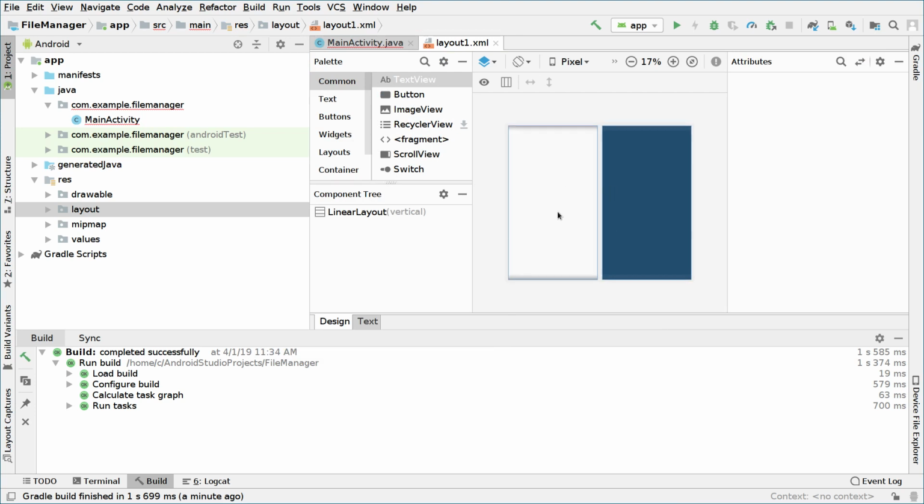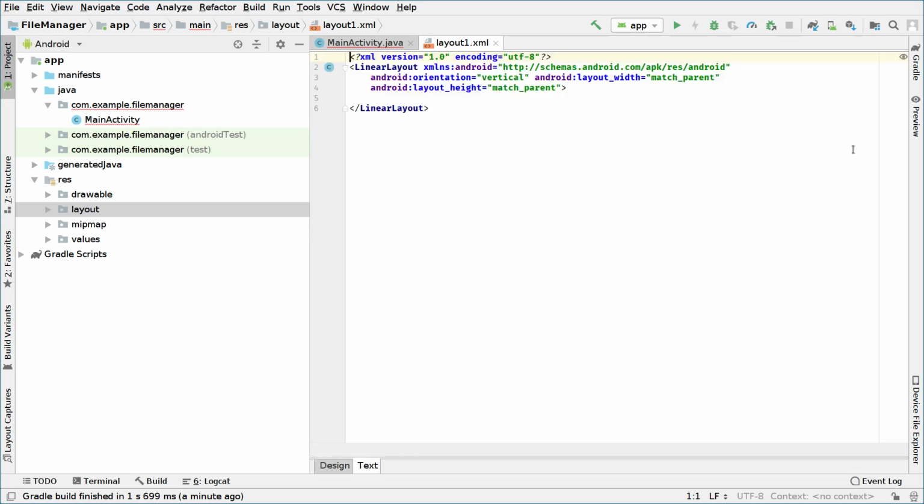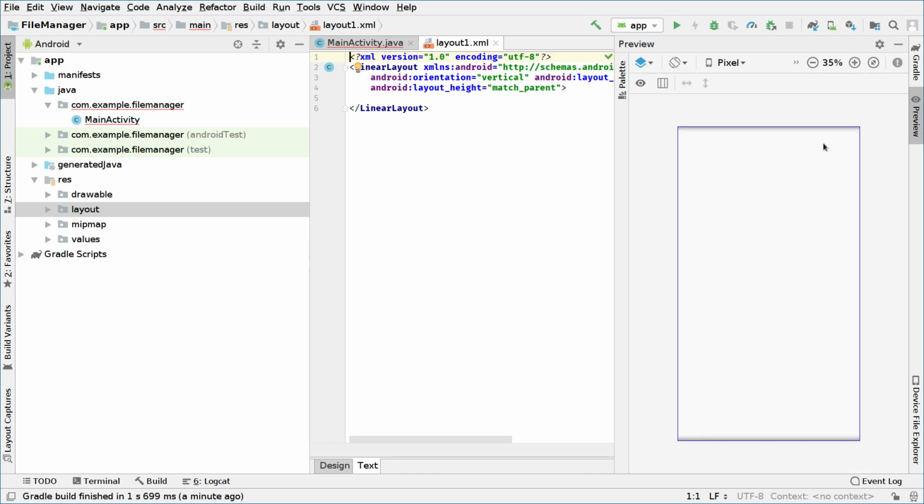So right now we can hide this, and we will switch the design view to text view, and we can open the preview right here in order for us to know what's going on in the UI of our application. So right here we can start designing this UI. If we have a file manager, we would like to have a place in which we can show the files and folders, and the easiest way to do it is with a list view. We will do that a little bit later, but now we will just create the architecture of this